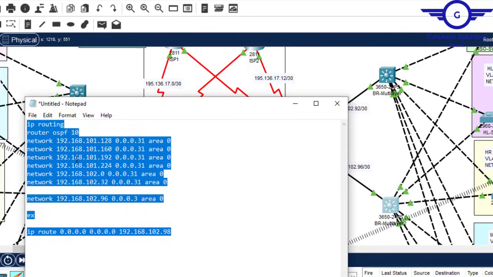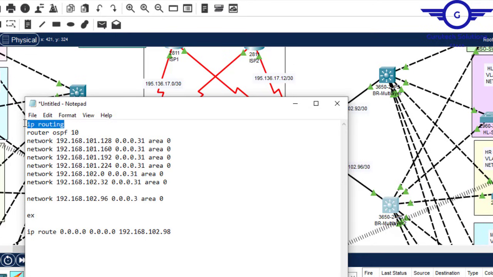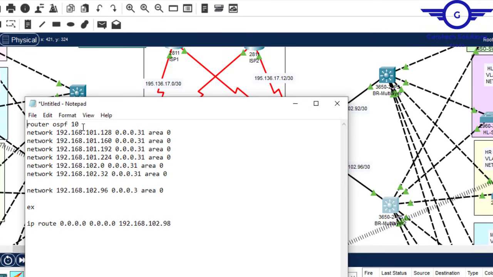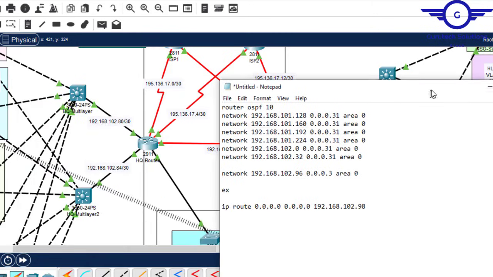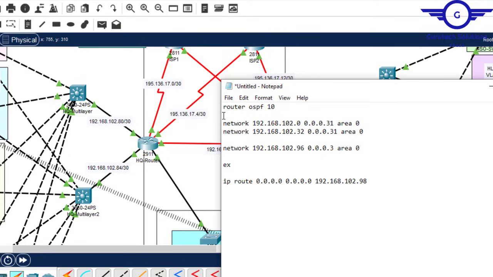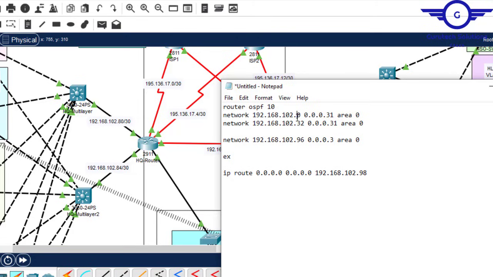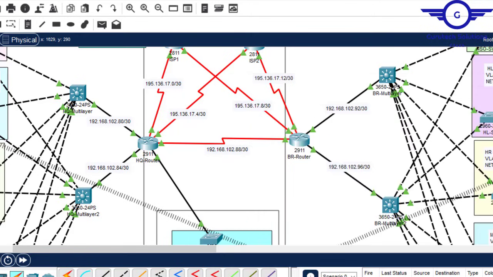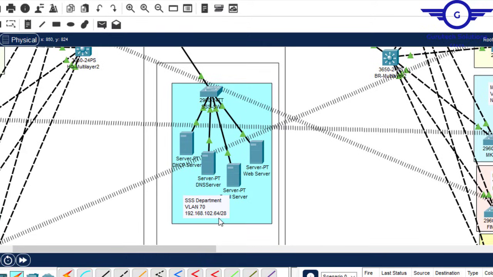So I'll open this one again. For a router, we don't need to write this IP routing. Just start from that one. So the network is 102.80. So I'll try to remove this one. 102.80. Then a subnet mask of /30 notation. Now here will remain .3. Then 102.84 also. 84. Here will remain .3. Then this network here,